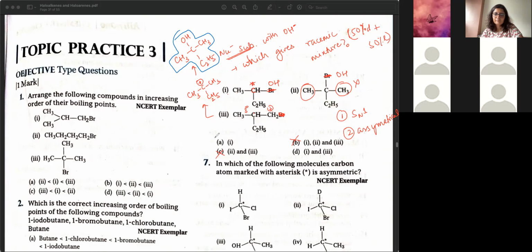Could you repeat? Did you understand how you got this? No. Okay. So you may think that since it is a primary carbon, the SN1 mechanism will happen, but adjacent I have a tertiary carbon here. Yes. So tertiary carbon means